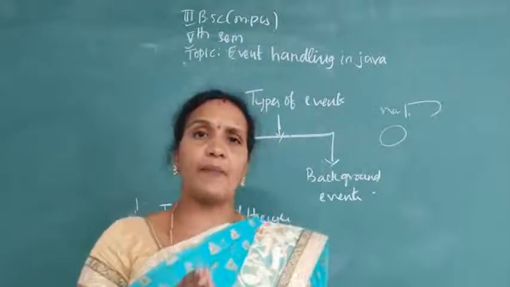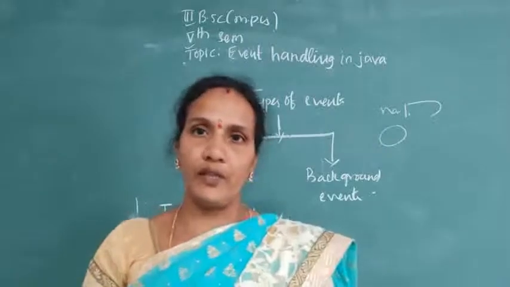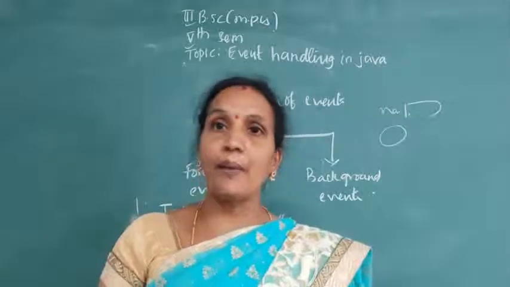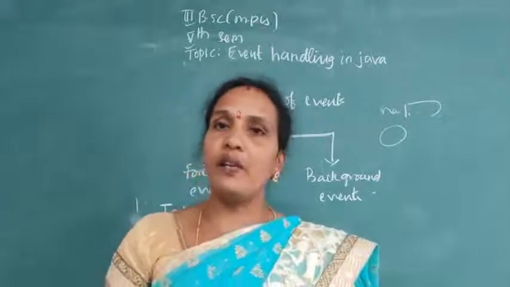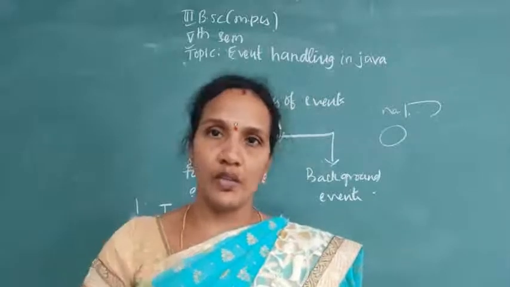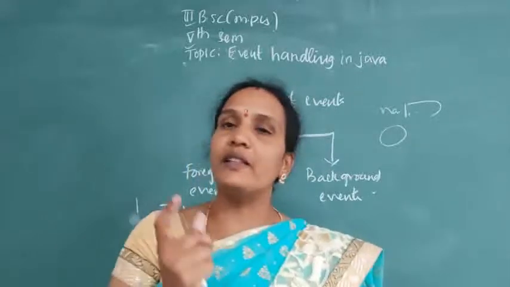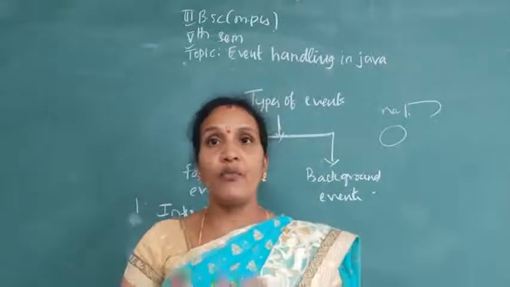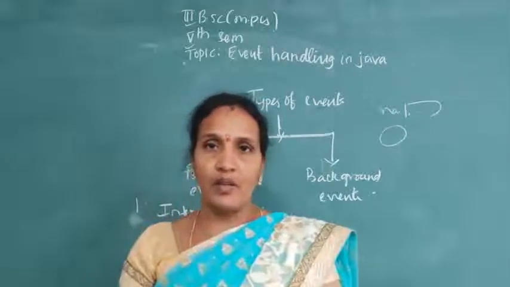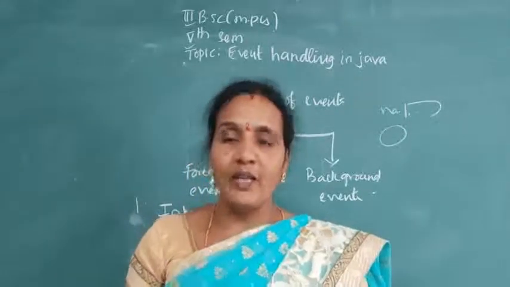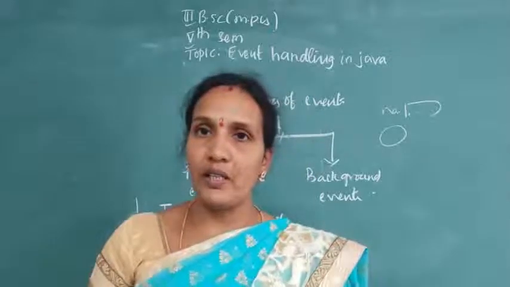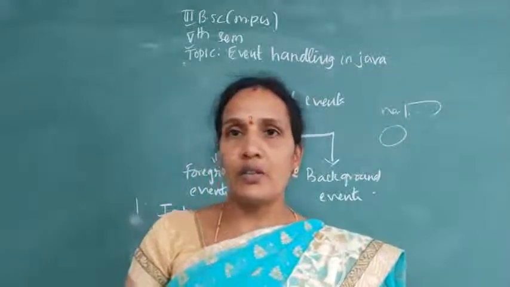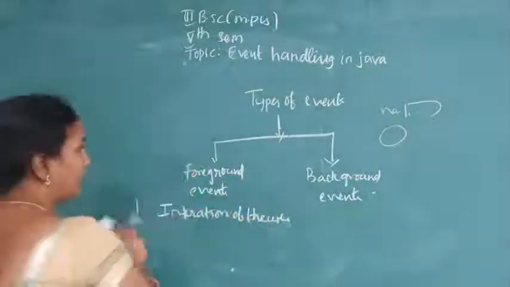Understood? So how many types of events do we have? Two types of events. One is foreground, the second one is background. Foreground events are completely performed by the user. It means whenever the user is interacting with the graphical user interface, whatever events are generated come under the foreground events. And the events which are generated without user interaction, like interrupts and system failure, are nothing but the background events, and in background events there is no interaction from the user. Understood? Now the next one is event handling.